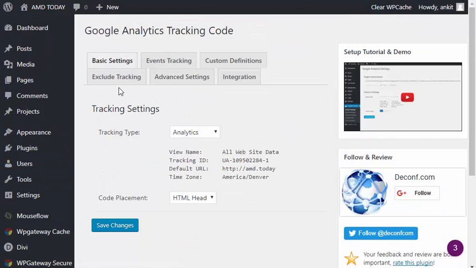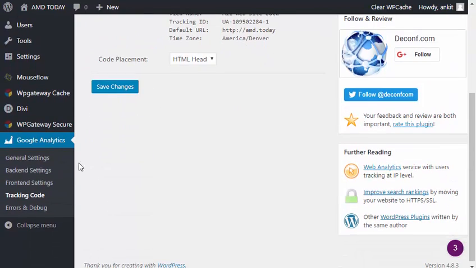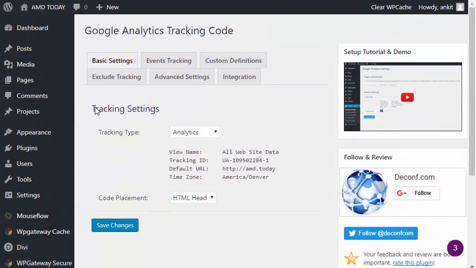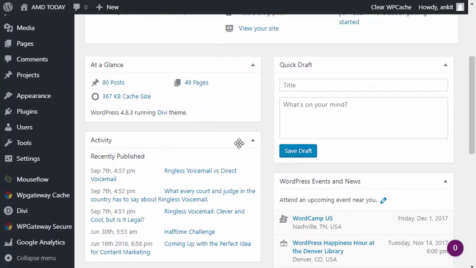Tracking code, basic settings, analytics. Yeah, it's in the HTML head. So yeah, everything's all set up. That's all you need to do. And now when we come out here to the dashboard, then you will see